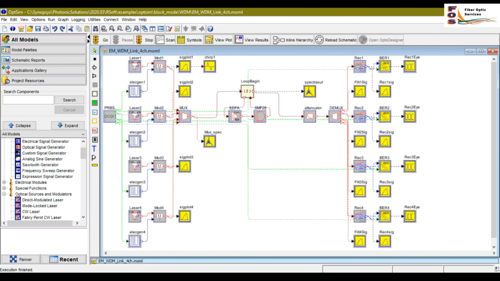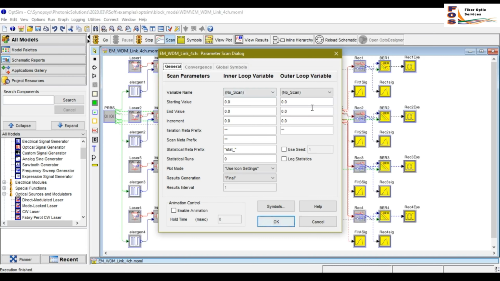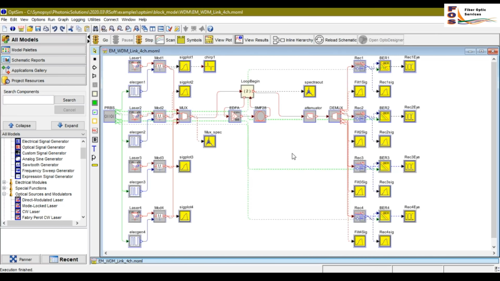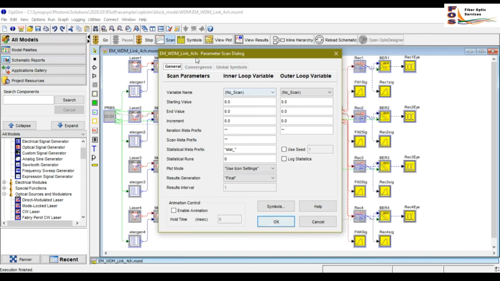Also, you can do a BER versus bitrate or BER versus frequency spacing analysis by choosing appropriate inner and outer loop variables within the parameter scan. If you want to analyze BER versus bitrate variations, you can go to the parametric scan option and choose the inner loop variable as bitrate. You can provide start, end and increment values, run the simulation and observe the result from the BER tester.